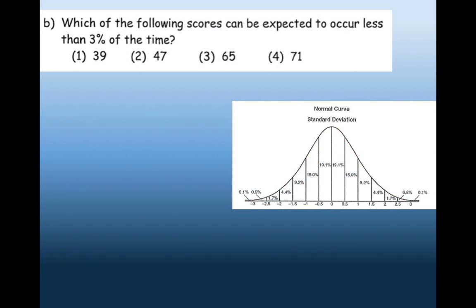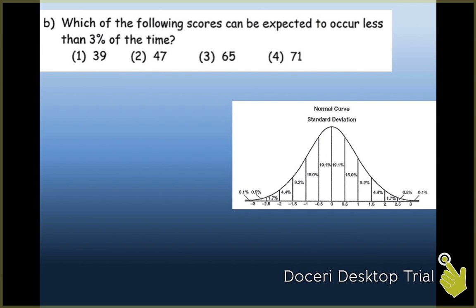Looking at the next one, which one of these scores can be expected to occur less than 3% of the time? Again, you want to look at your percentiles here and figure out which one of these lies within a place where there is less than 3%. So we knew that the middle again was 52, and our numbers were 61 and 70. So which one of these, oh, going the other way, 43 and